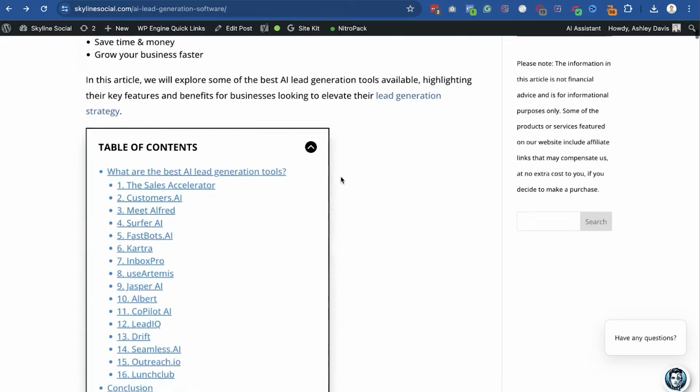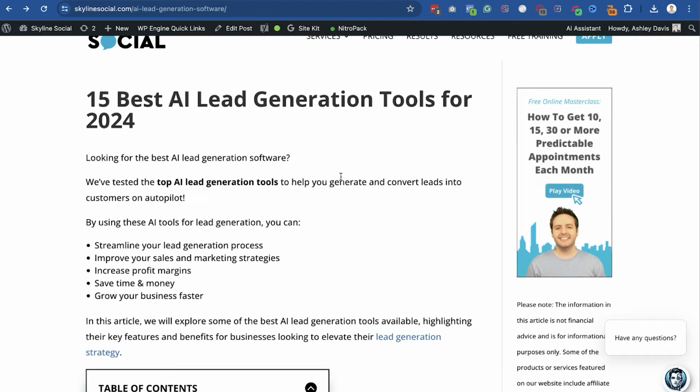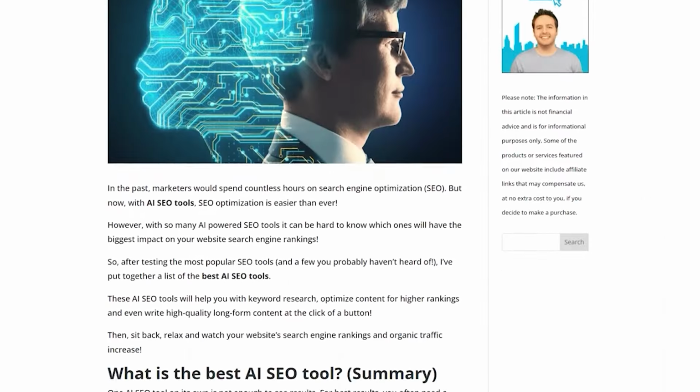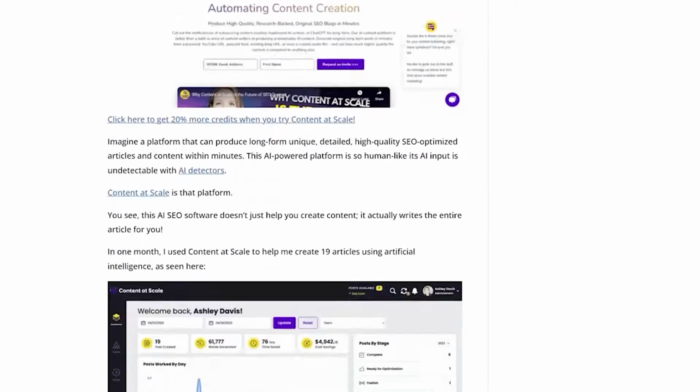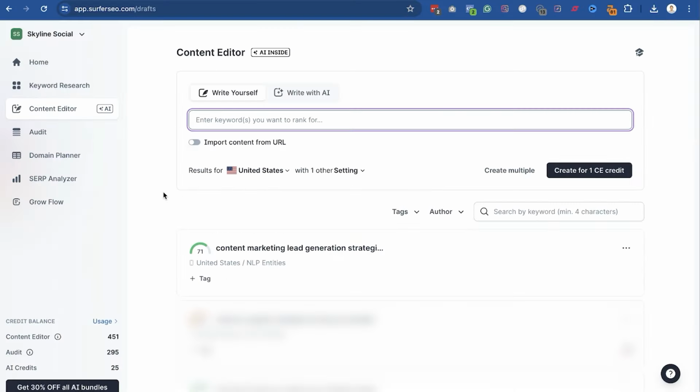So add any images just to make the article stand out and look a little bit nicer. For a lot of my images, I'll either use screenshots or I'll use a tool like Canva to get some stock footage that I can use. But the point is you just want to add a few images in there just so that the article isn't just a big wall of text. And if you want to optimize your article and take it a step further, you can use Surfer to also give you a score out of 100 so that you can actually see how well optimized your article is.